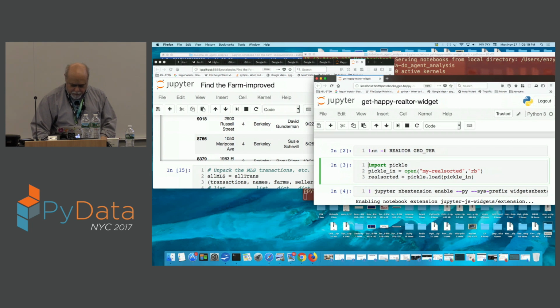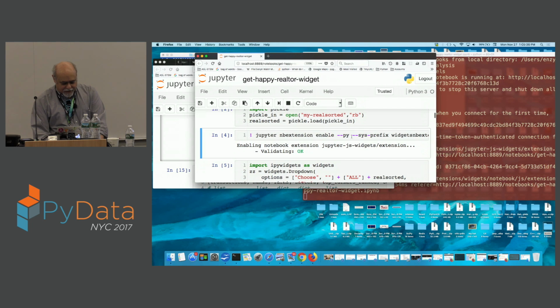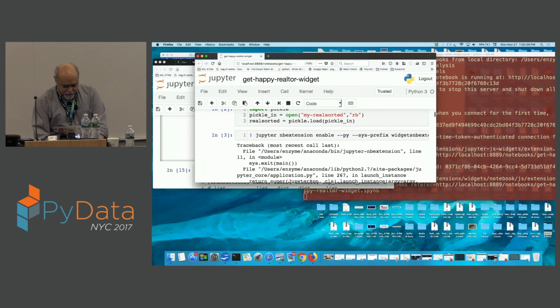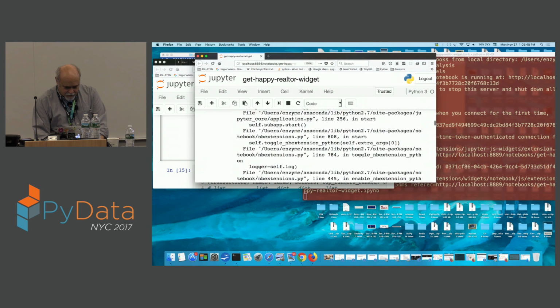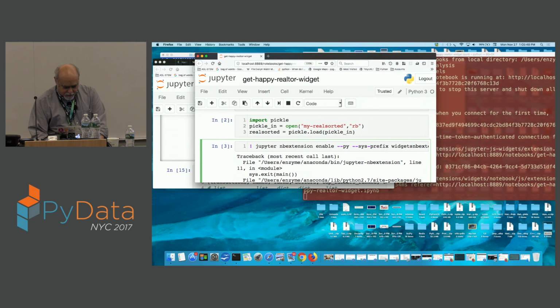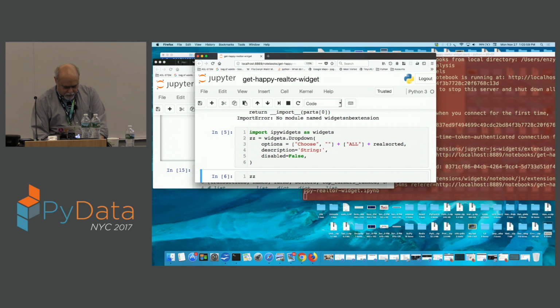So I'll just come up here, and I thought it'd be kind of interesting to see what you're up against when you're trying to use small, clever ideas. All right, so one of the things I discovered is in order to use your widgets, you've got to have this Jupyter extension enabled first, and we'll see errors on that. Oops. What didn't it like about that? Let's try that again. Am I in the wrong directory? Let's just keep going.